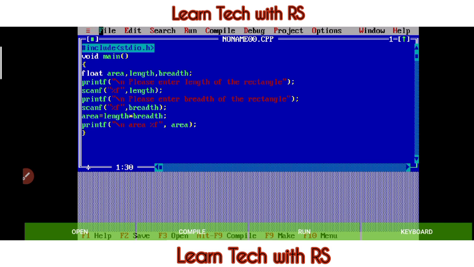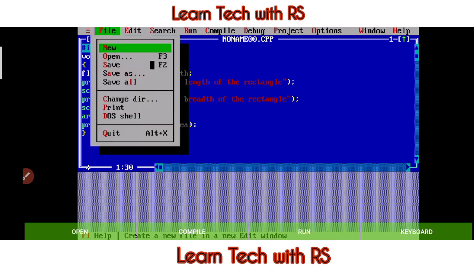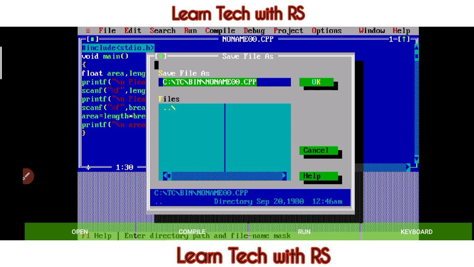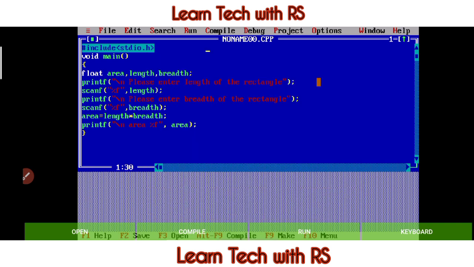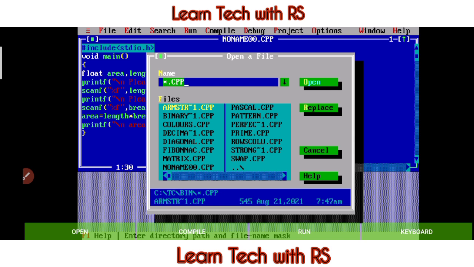We will save it. No name dot. Okay, so the file name is this. We will say okay. Now we will open again. No name.